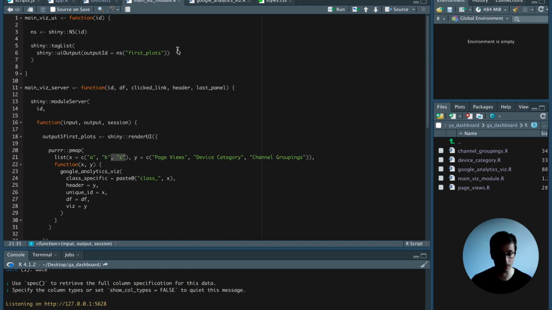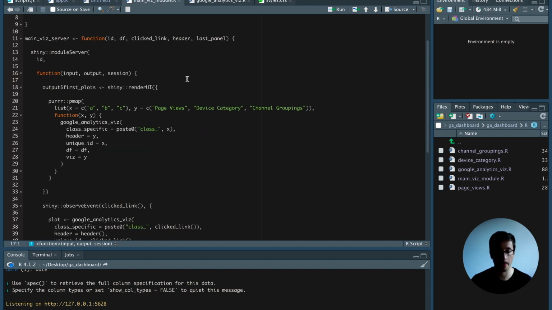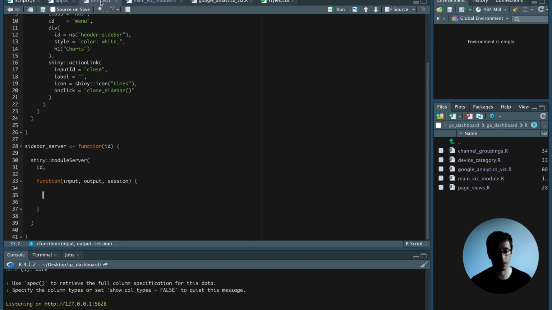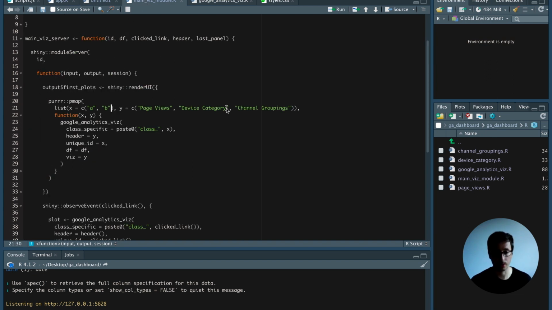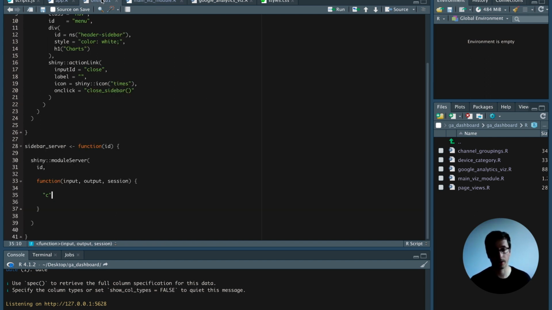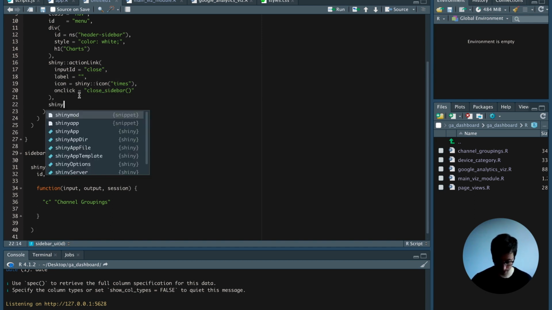So what we'll have to do is we go into here, into the main visualization module, and instead of displaying 3 applications upon application start, we're only going to show 2 visualizations, and the third visualization is the one action link in the sidebar that can be moved into the application if the user wants it to. So after the action link here, then we have a shiny